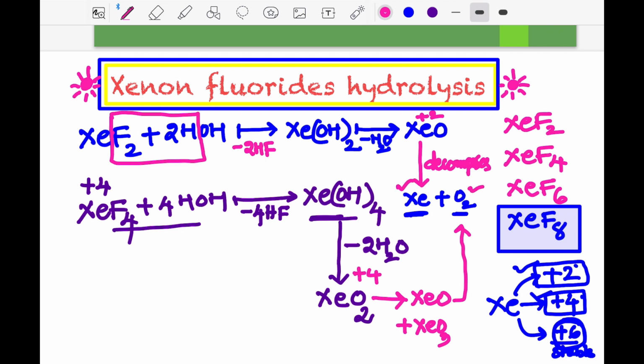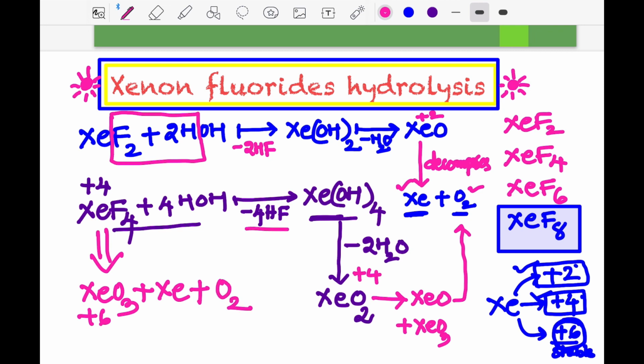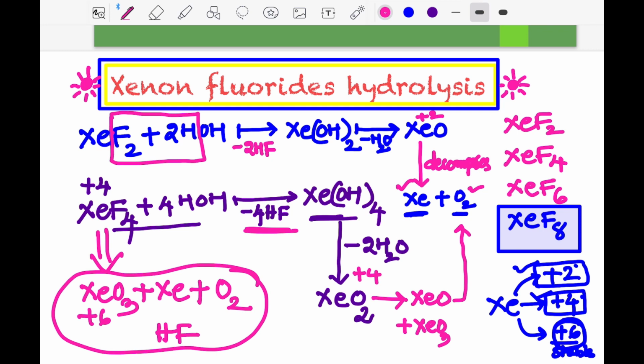That means in this reaction the final products would be xenon trioxide, which is stable with +6 oxidation number, xenon, and oxygen gas is released. Apart from this, we have some HF molecules also left over. So these are the final products of this xenon tetrafluoride